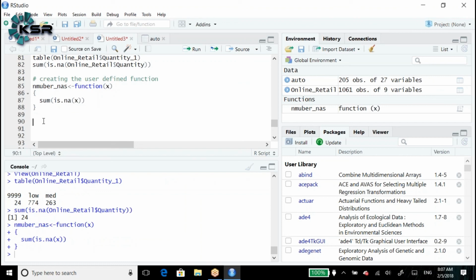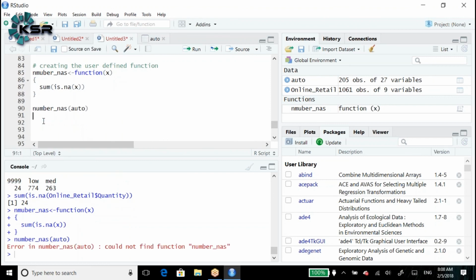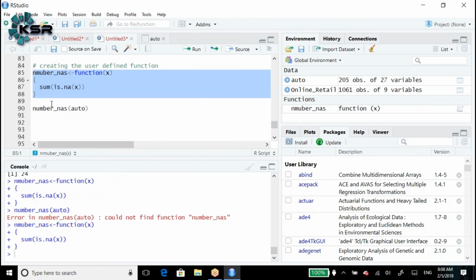Now how do I use it? Number of NAs of your data set name. What is your data set? Auto. Let me write it down here. Number of NAs, auto data set.